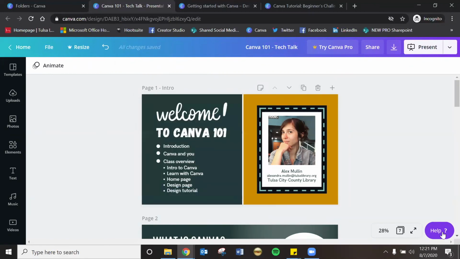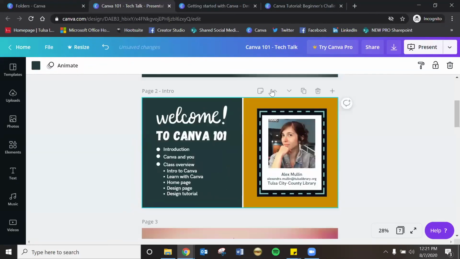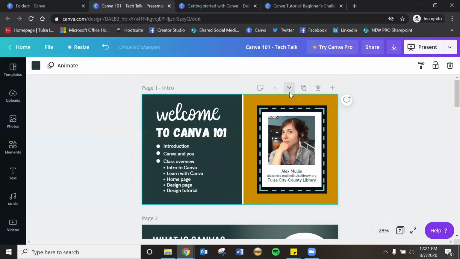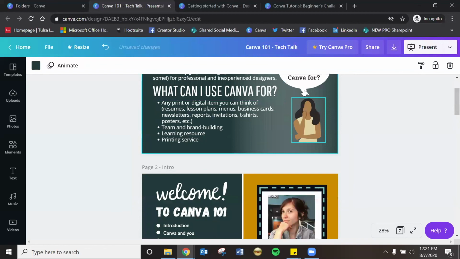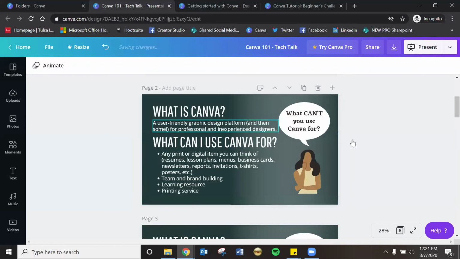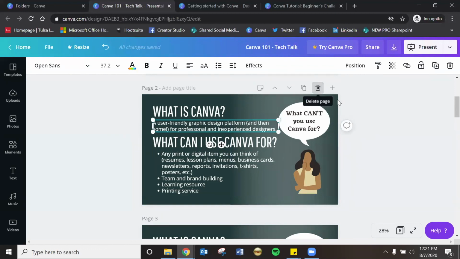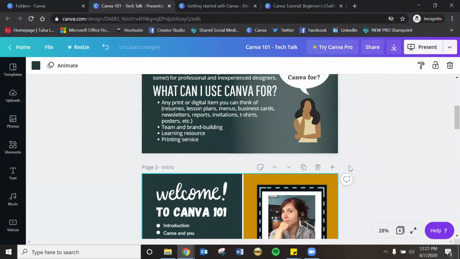You can also add, oh, hold on, we'll get to that later. But anyway, you can change the order of your design with these buttons here. You can duplicate pages, change a couple things about this, like just some text. Here's how you delete a page, and then you can